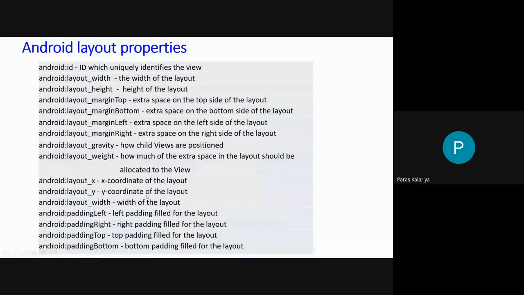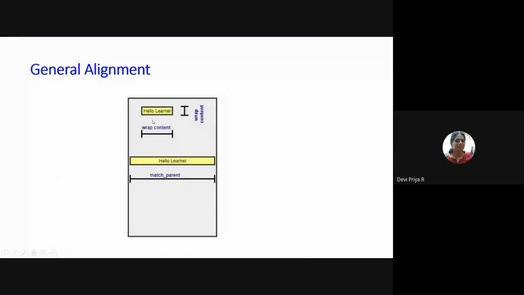So this is shown here. Match parent means entire screen. That means for your entire phone screen, the image will be displayed. The image or whatever component may be will be displayed. Wrap content means it's like wrap text in your Word or something. So depending on your text size or your input size, the box will be changed.